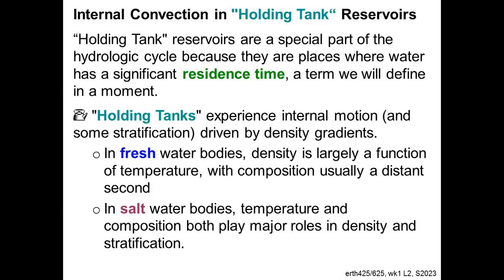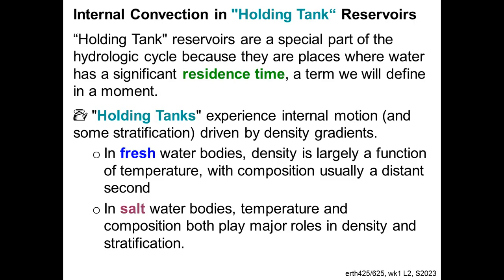Okay, so now let's think about moving away from the surface into the interior of our holding tank reservoirs. We've already talked a little bit about the interior, quote unquote, of the atmosphere. Now we're going to look at the bodies of water. In fresh bodies of water, it turns out the density is largely driven by temperature. Heating from above, cooler down below, that causes stratification. What counteracts the stratification and causes overturning circulation are seasonal changes in temperature at the surface. As we go from summer into winter, from warm to cool conditions, we can cross over that point of the 4 degrees C maximum density and have cooler water at the surface,